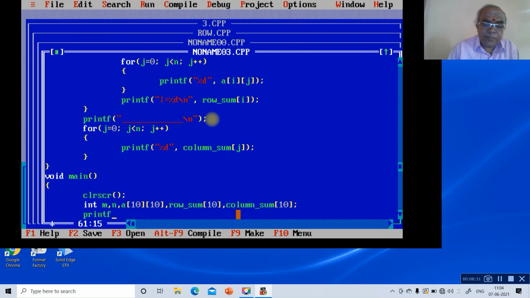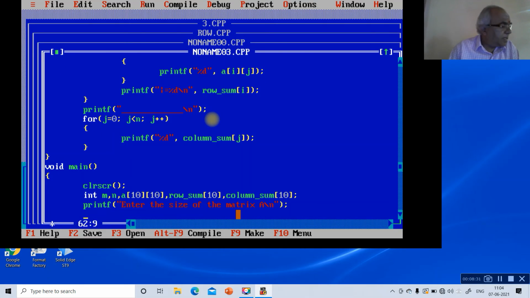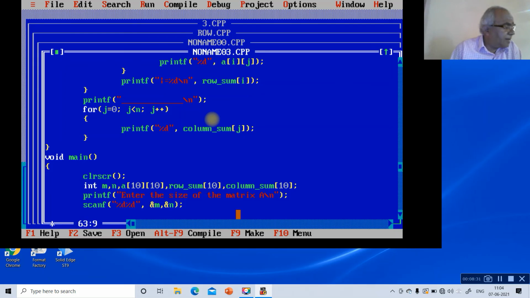Then printf enter the size of the matrix A backslash n, then scanf percentage d, m and n, that is the size of the matrix we read.